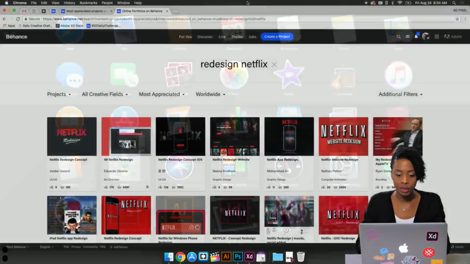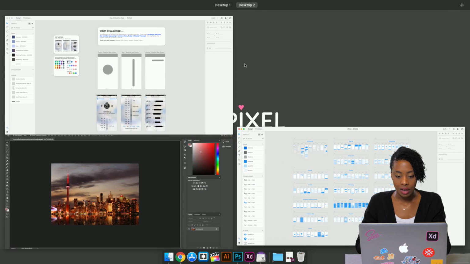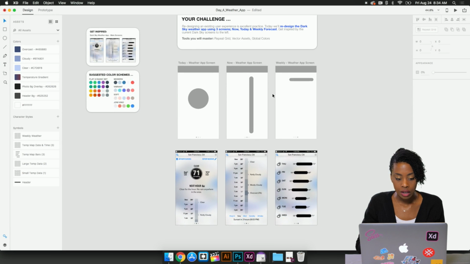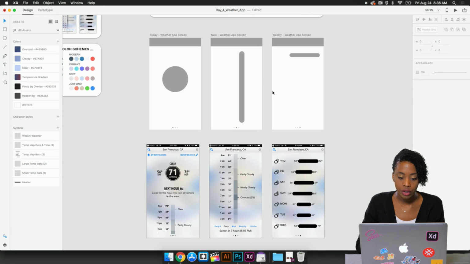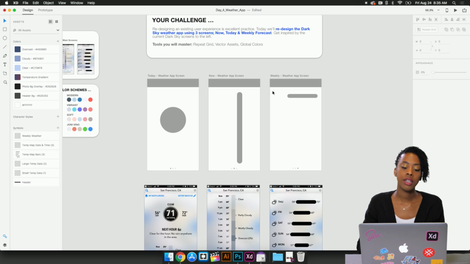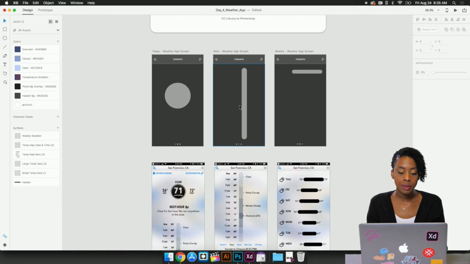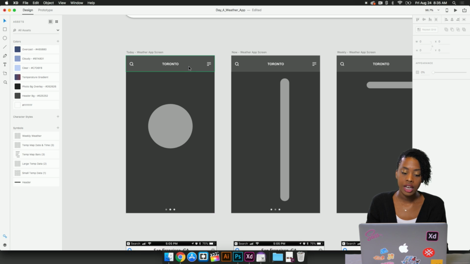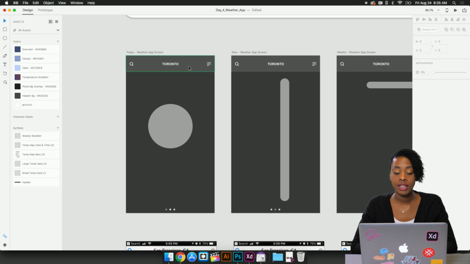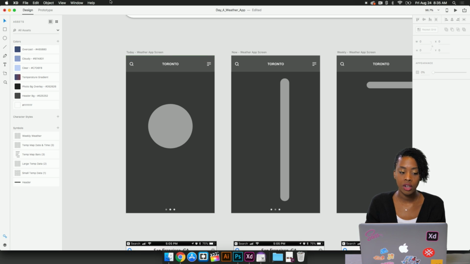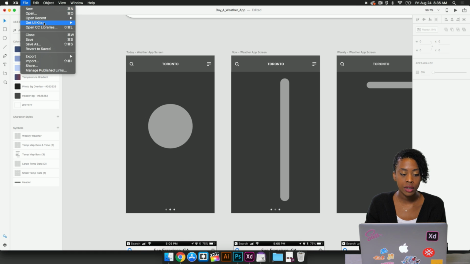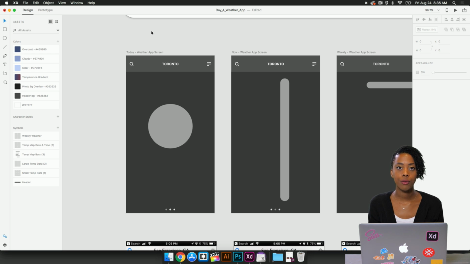So I'm gonna head on over to XD just so we can get started. Okay, so to redesign our weather app, first thing we're gonna do is add a background to our screens. So for time's sake, I've already added a header. Basically I got this from the free wireframe kit that's available in Adobe XD, and all you need to do is just go to File, Get UI Kits, Wireframes, and then there's a free wireframe UI kit that you